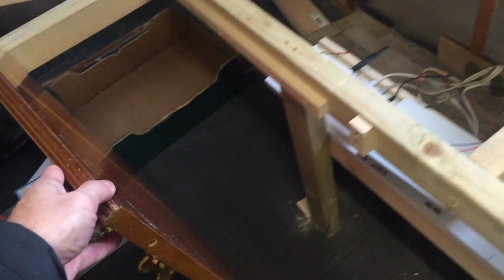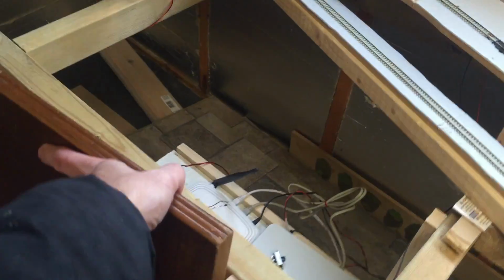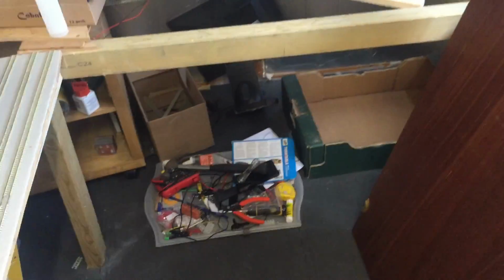I've decided to host dinner parties in here, so I've got a nice dining table. Maybe not. What I'm actually doing is